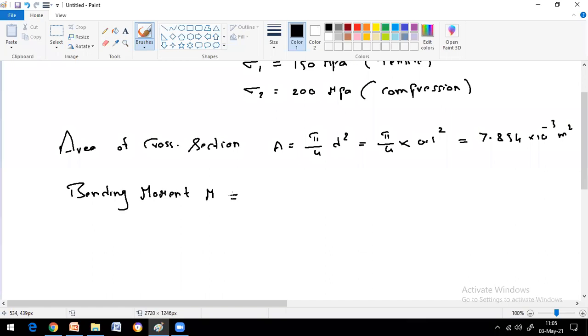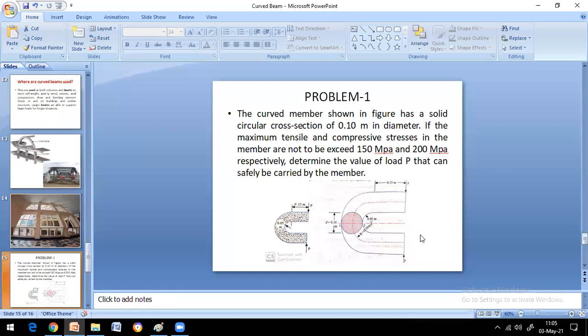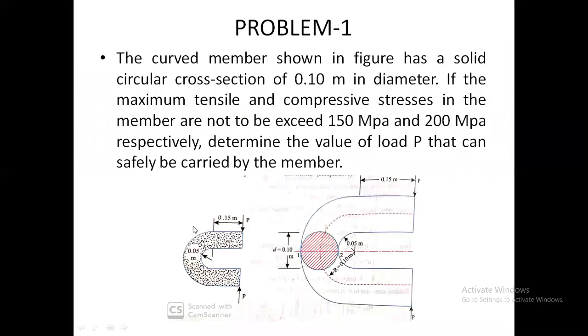Load into distance, isn't it? Avuna? So if you see the diagram which I have shown in your PPT, diagram ni jagrata chudandi. So this is the load P. P into distance is the moment which is acting towards the center of the section, center of the total curved beam. Avuna? P into 0.15 meter,